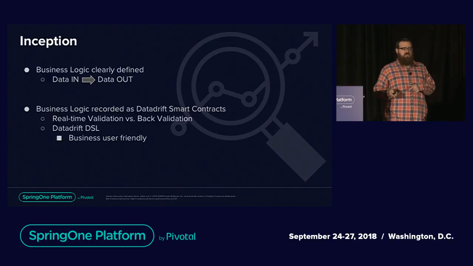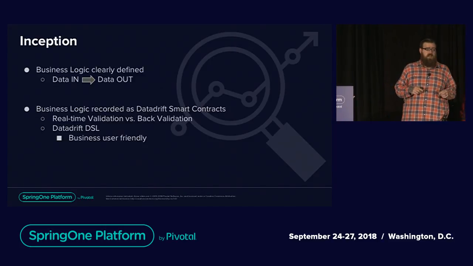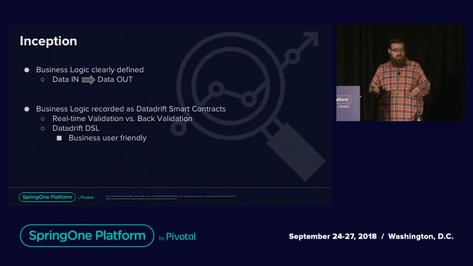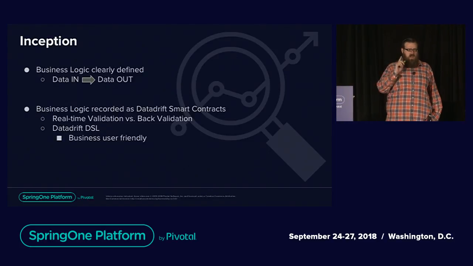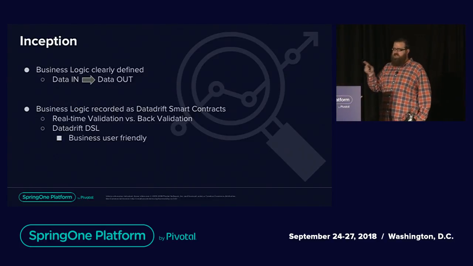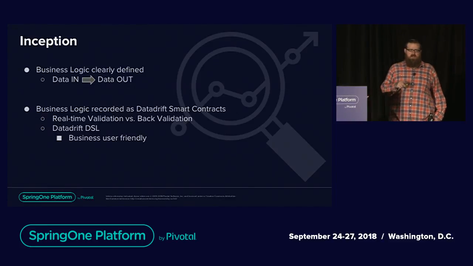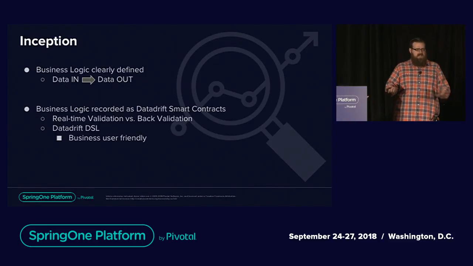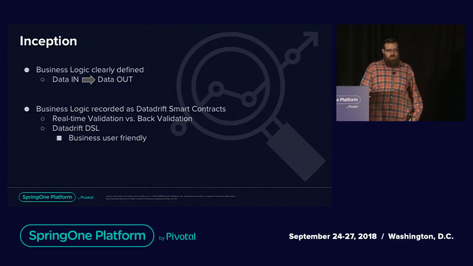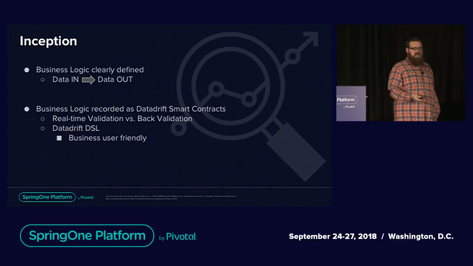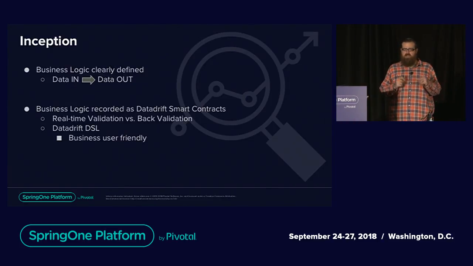That said, business logic is converted into smart contracts. If anybody has written a smart contract here, say for something like Ethereum, then you know you're probably going to be writing that in Solidity, right? That's not okay for data governance teams. DataDrift goes into this problem assuming that data governance teams do not have the capacity to write code. Because why would they be necessarily a data steward? They'd probably be a developer instead. So DataDrift provides a business-friendly DSL that a data governance person can learn, to write the conditions of whatever that data should be. It compiles down to a smart contract.